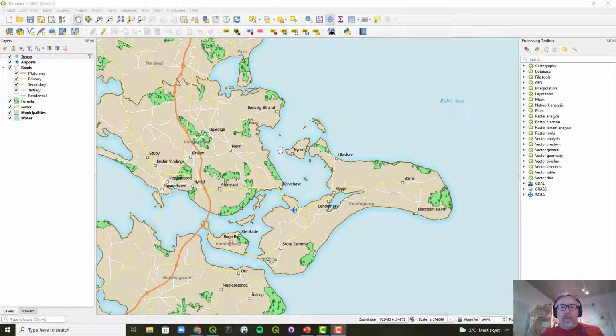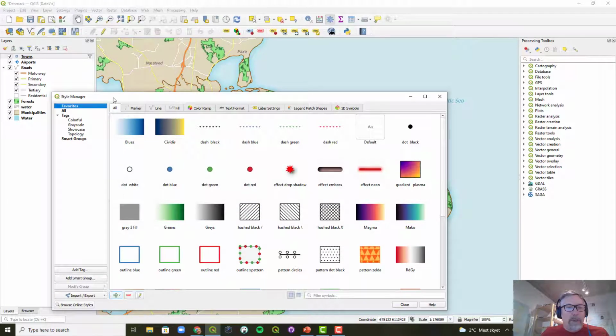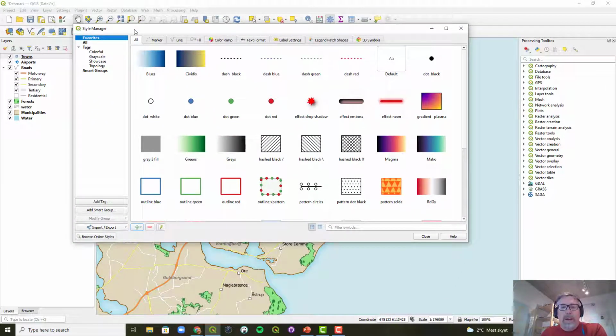So we have the same project open that I was working on label blocking with, and it's the Denmark project. And I'm going to open up the Style Manager. So the Style Manager can be found up here on the main toolbar. And if I open up the Style Manager, you can see that we have tabs for the different types of symbols, and there's also tags for each one. This is the default QGIS set,